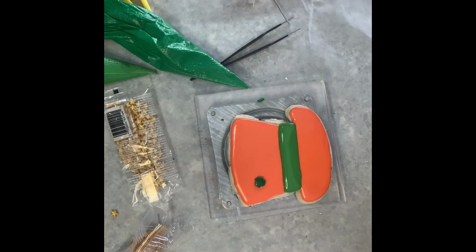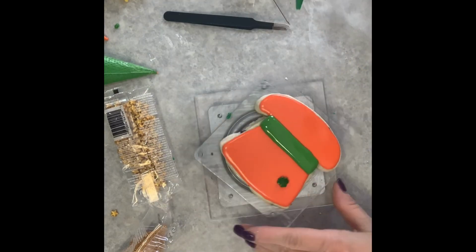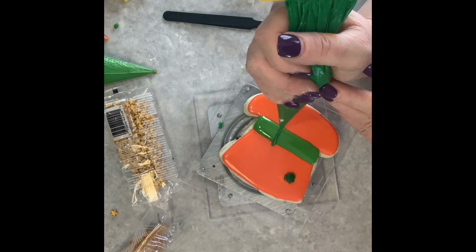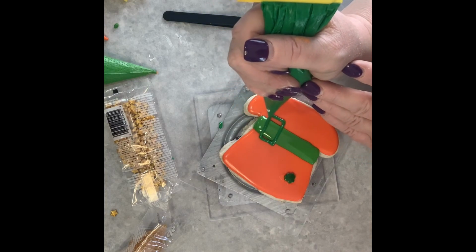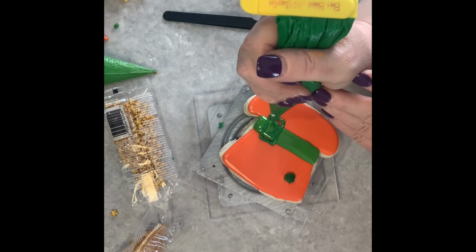So I used the lighter green for the band. Let's go ahead and use the darker green so we have some contrast on there for the buckle, and just really put that wherever you want it. I'm just going to put it right here. Kind of a big buckle, but I want it to really stand out. And then I think I'll do this so it's got a,